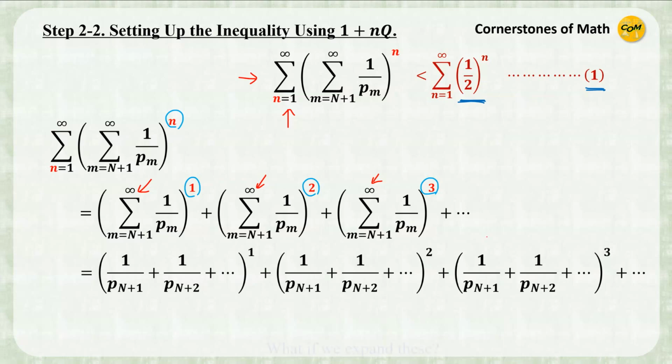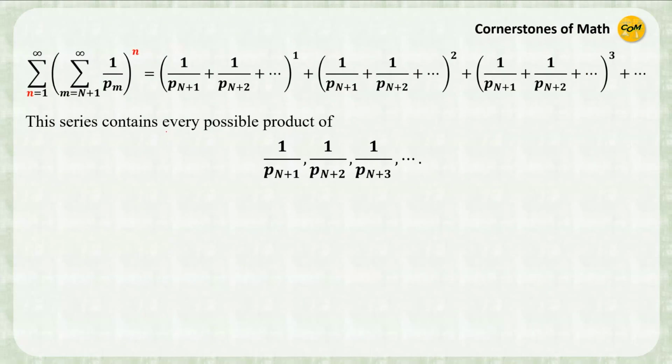And let us ponder on this question. What if we expand all of these? What kind of terms can we find in the expanded version of this expression? Well, by keen observation, you can easily notice that the expansion of this series contains every possible product of 1 over p capital N plus 1, 1 over p capital N plus 2, 1 over p capital N plus 3,